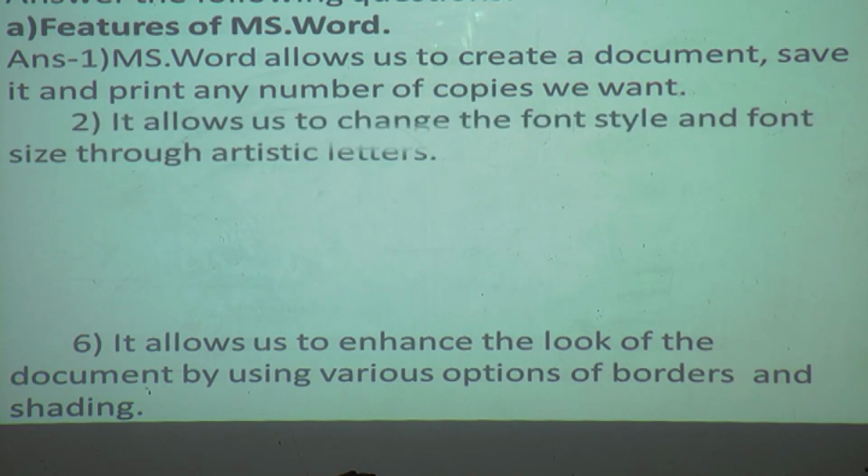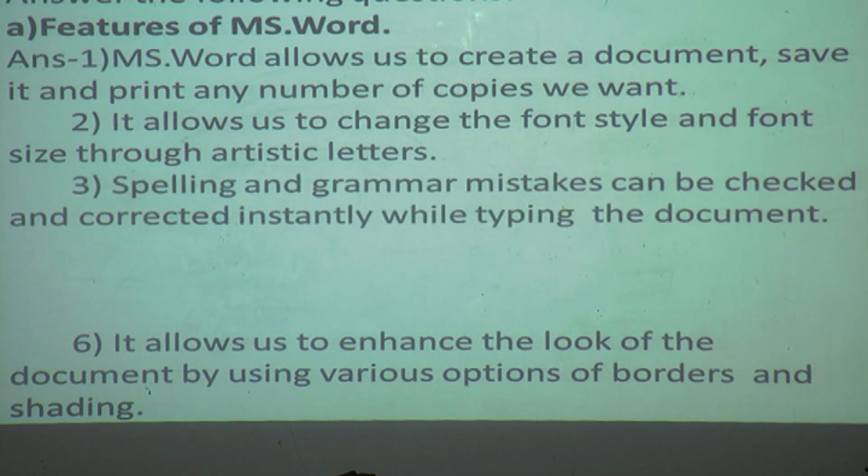Second one is, it allows us to change the font style and font size through artist letter. Third one, spelling and grammar mistakes can be checked and corrected instantly while typing the document.